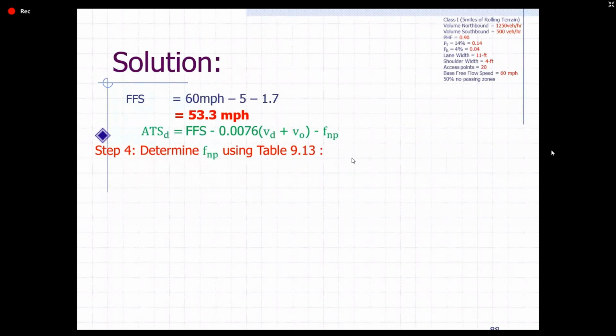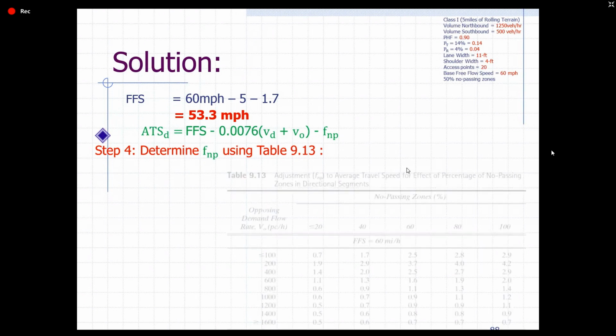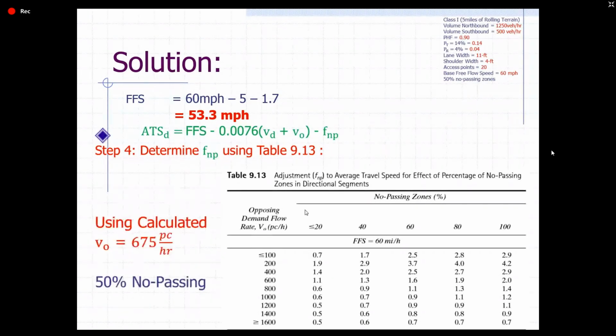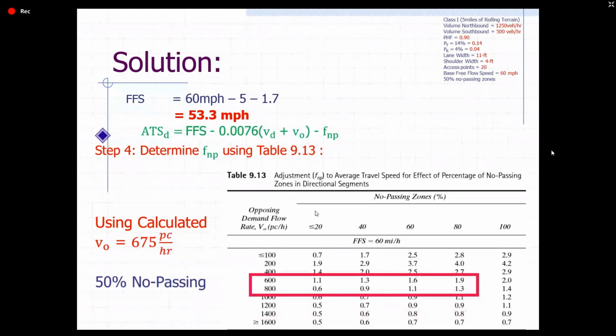This is your factor with respect to your no passing zones. Table 9.13 tayo. Ito. Again, take note, this is volume sa opposite side. So, ibig sabihin, hindi kayo pwedeng magkamali dito. This is 675. Kailangan nating mag-interpolate. Wala tayong choice. Pero,